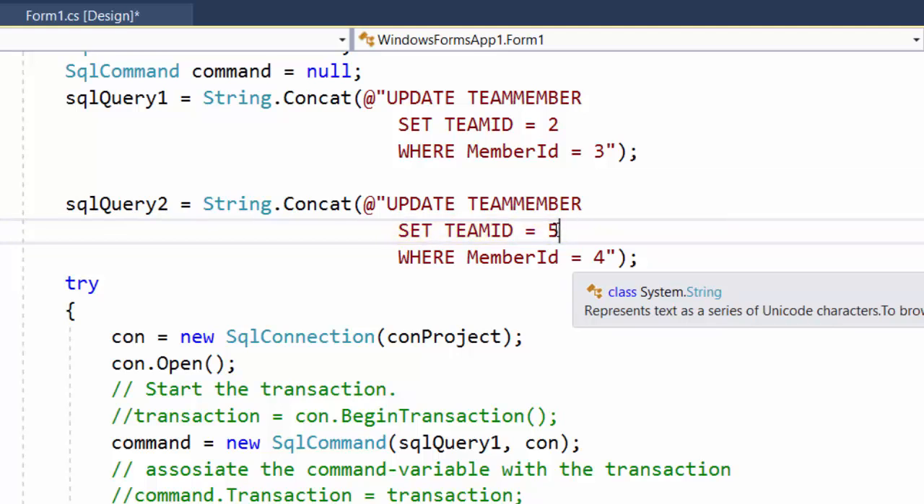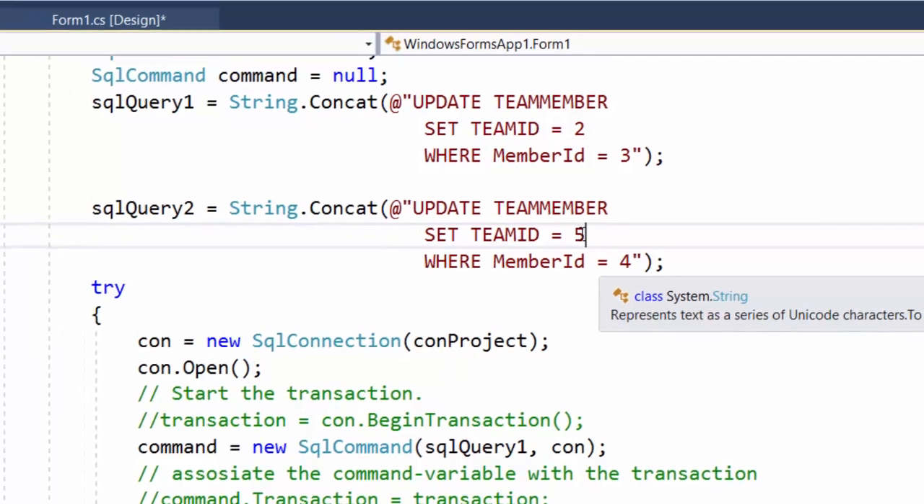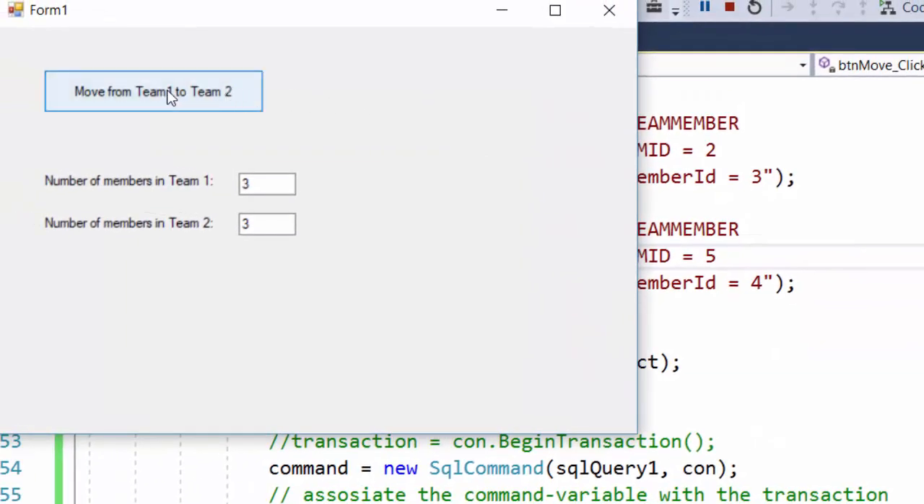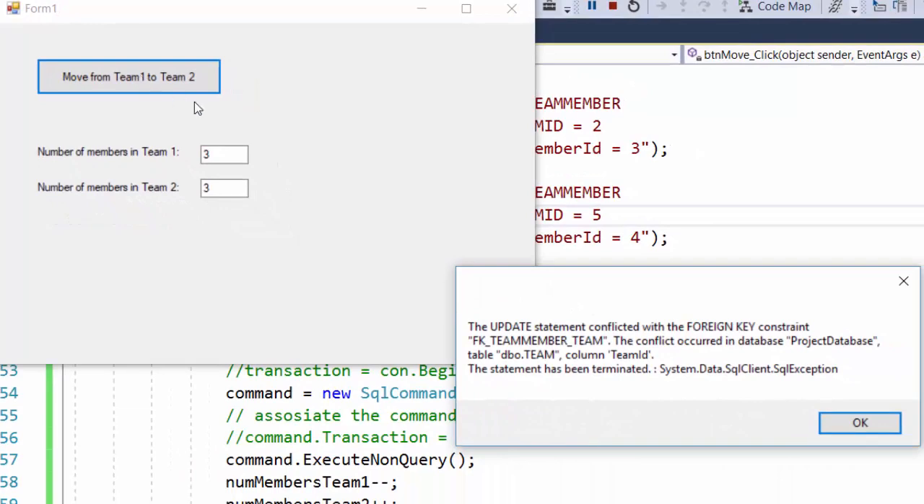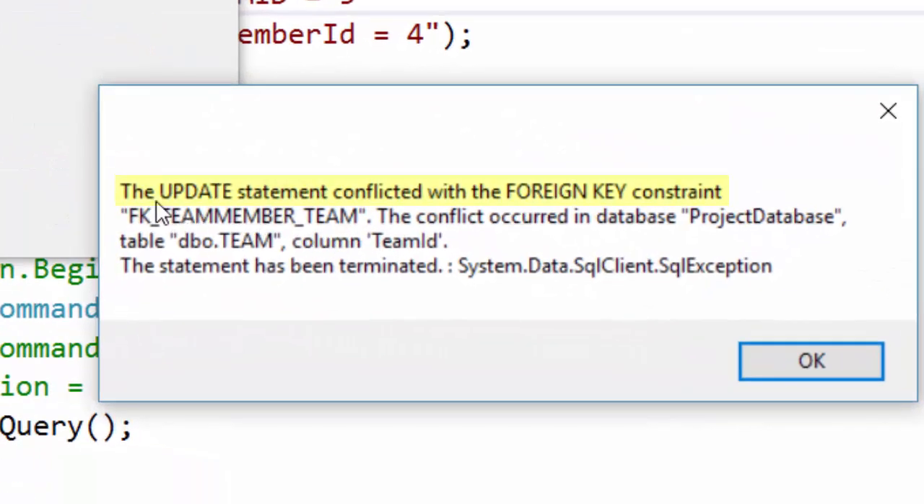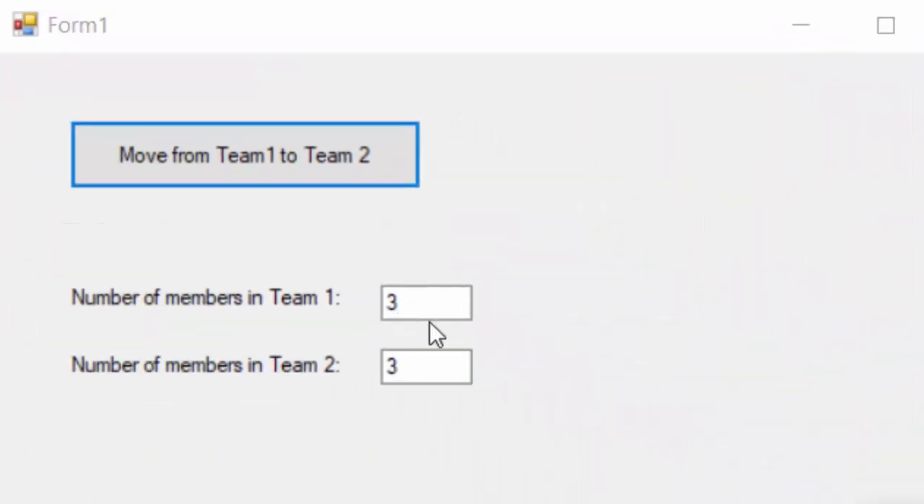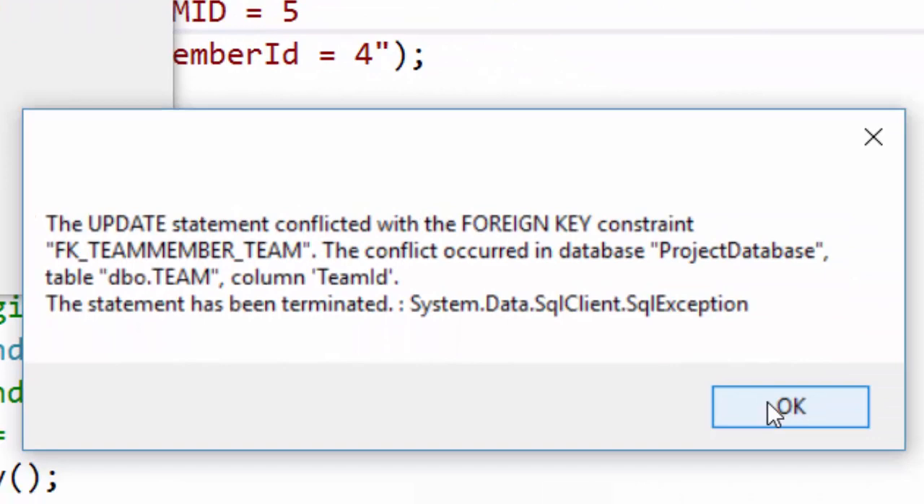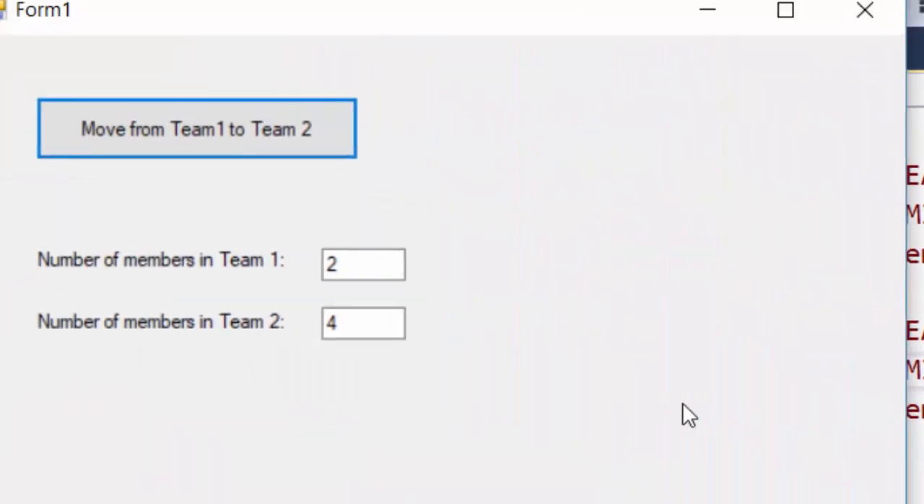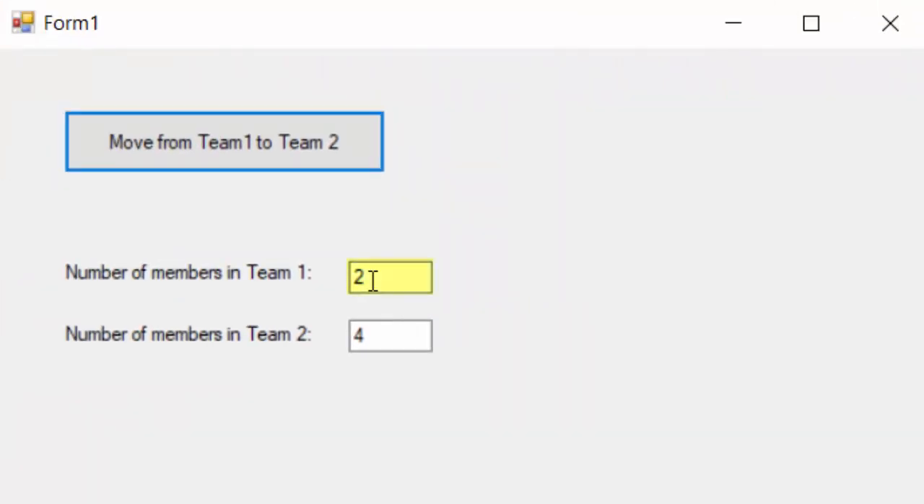I click the F5 button to run the program. I click the button, and I see the expected message box. The update statement conflicted with the foreign key constraint. We see that we have 3 members in both, but this is updated after this one, so I click the OK button, and now I see that the first team variable is decreased by 1, and the second one is